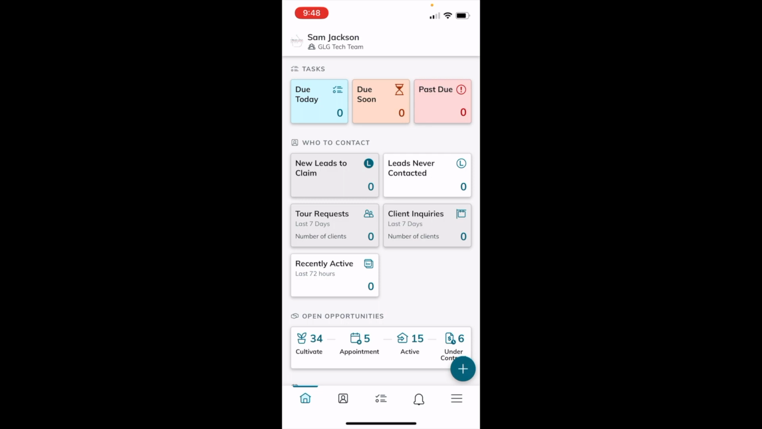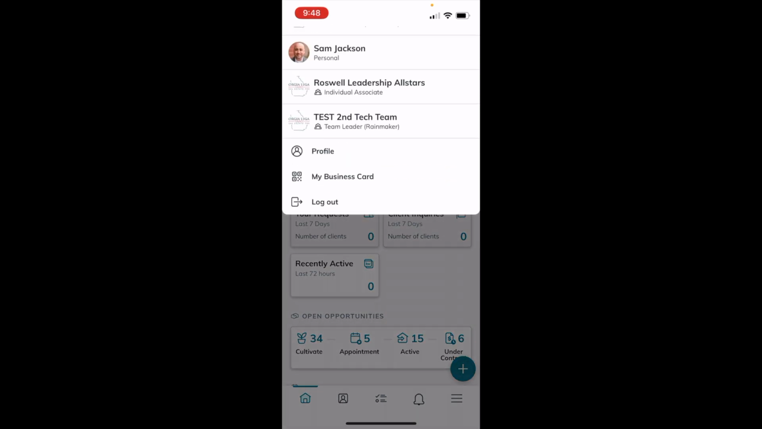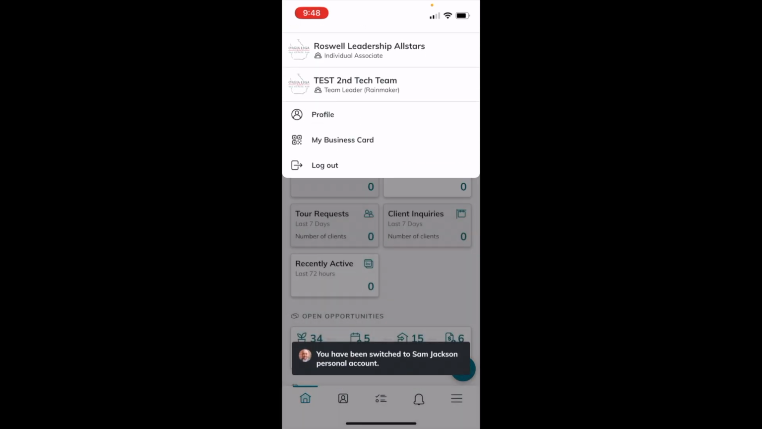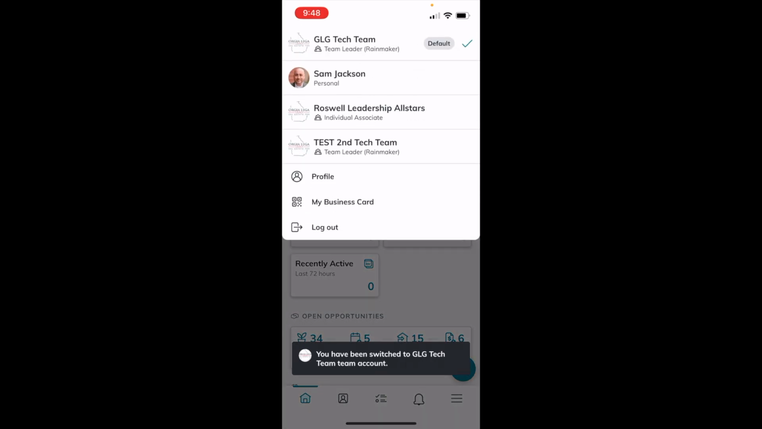So the easiest way to get there is actually just to click on your name or your team name up here in the top left-hand corner. And then you'll see, hey, here's how I can toggle back and forth between personal and team if you're on a team. But ultimately, I'm going to click on that menu in the top left. And you'll see that we have business card, which is the second option up from the bottom, just above log